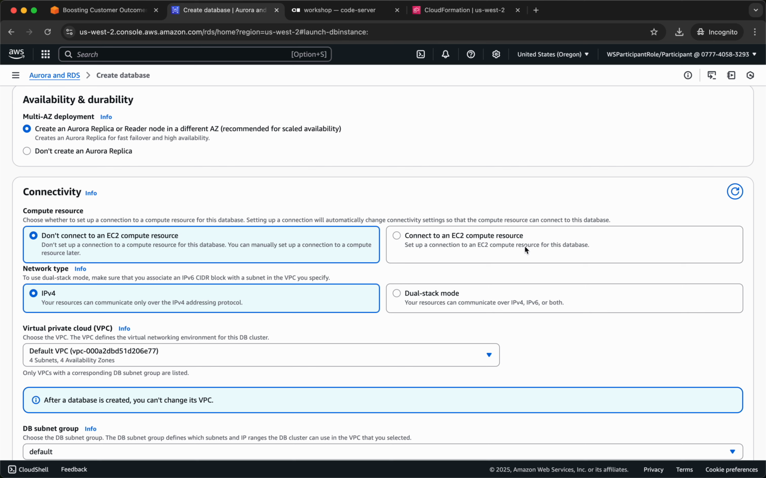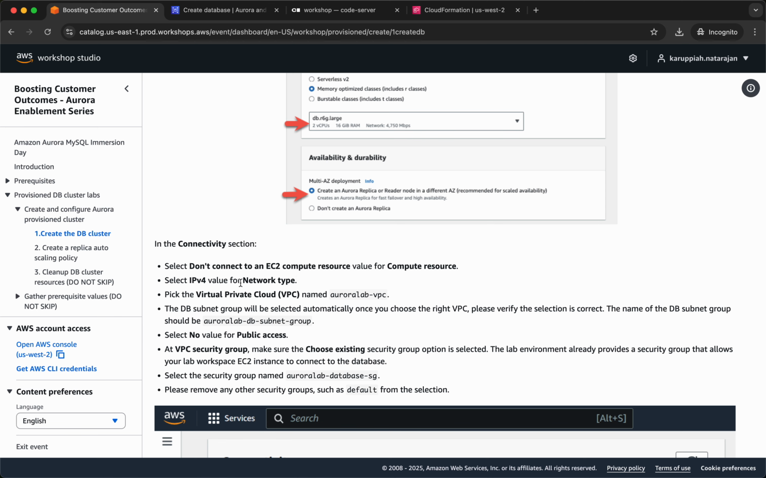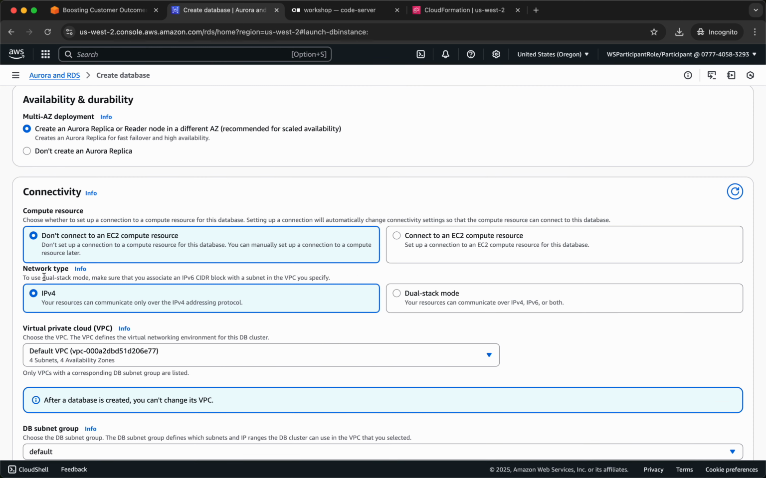Set up a connection to an EC2 compute resource for this database. Okay, IPv4 dual stack mode: your resources can communicate over IP version 4 and version 6. This is 32-bit, and I think the other is 128-bit. Or IPv4 only, so your resources can communicate only over the IPv4 addressing protocol. Should we go with IPv4? Yeah. To use dual stack, make sure that you associate an IPv6 CIDR block with a subnet in the